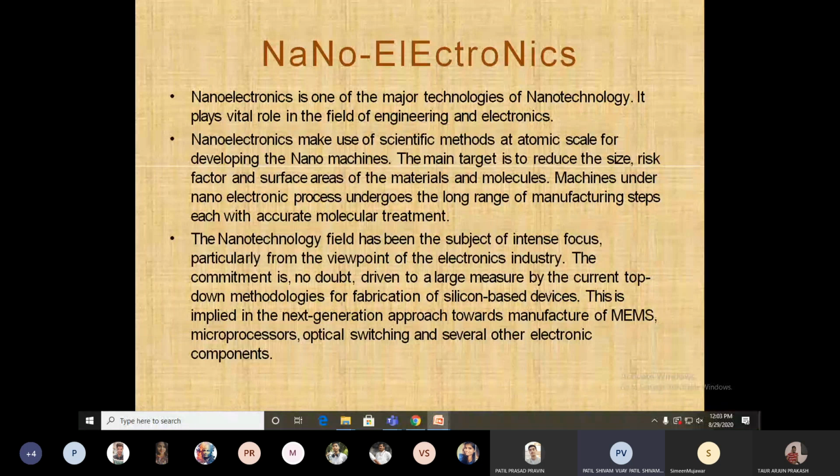Machines under nanoelectronic process undergo a long range of manufacturing steps, each with accurate molecular treatment. The nanotechnology field has been the subject of intense focus, particularly from the viewpoint of the electronics industry. The commitment is no doubt driven to a large measure by the